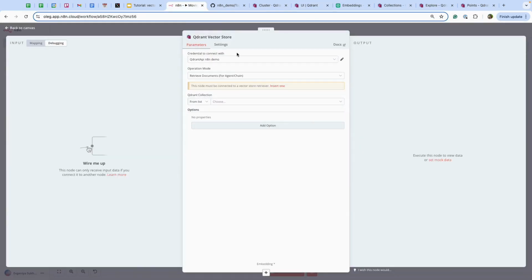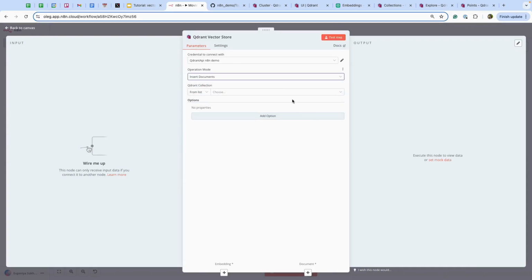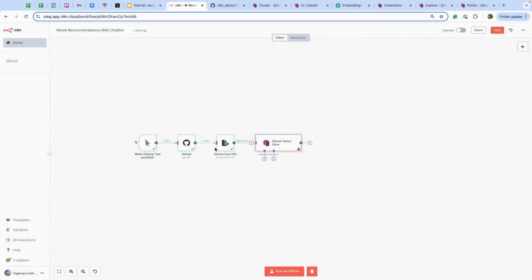So let's see, we have our credentials connected. We need to insert our documents. Let's create a new collection. So we already have one, but we want a new one. Let's call it just IMDb. And what else do we need? To upload our data, now it's in textual format. It's a whole table, and we don't know if it's gonna fit in the vector store as is. And to make it fit, we need to embed our data. So we need to convert it from